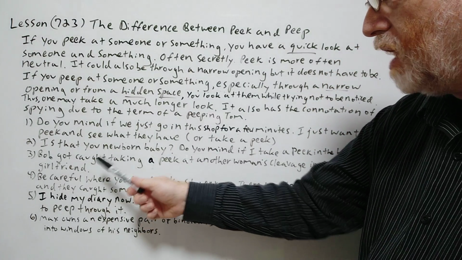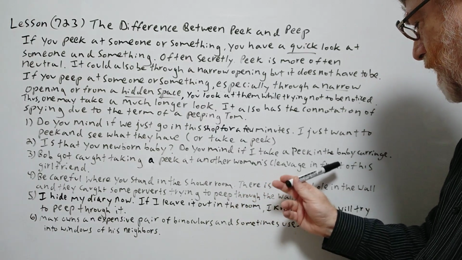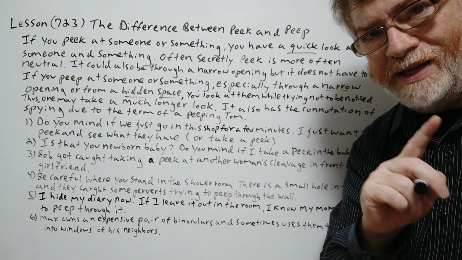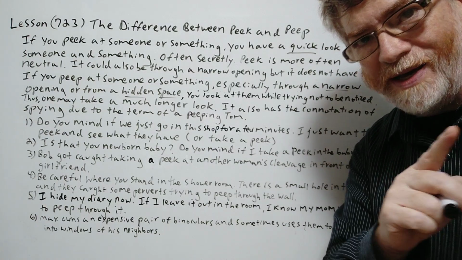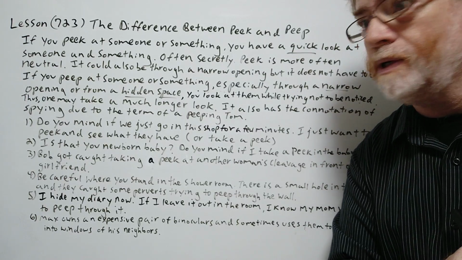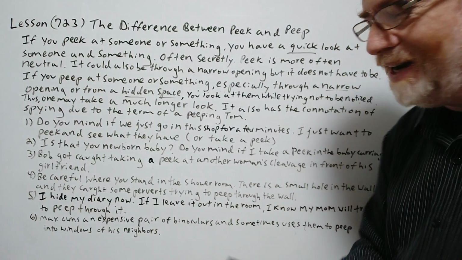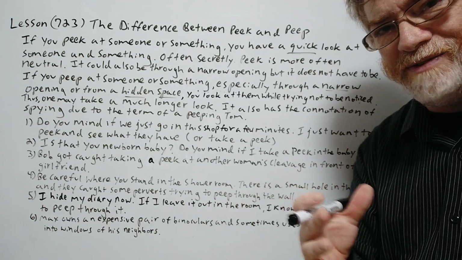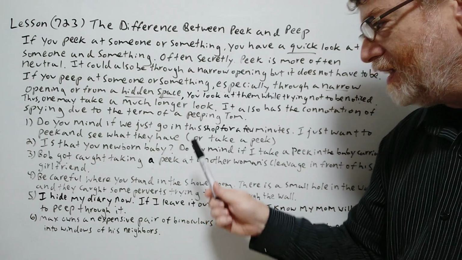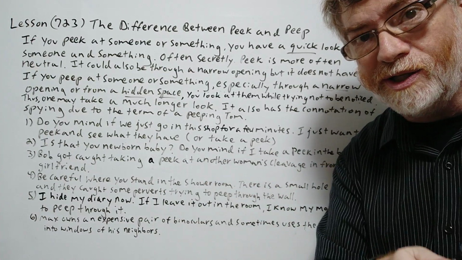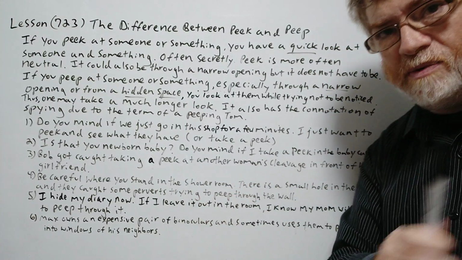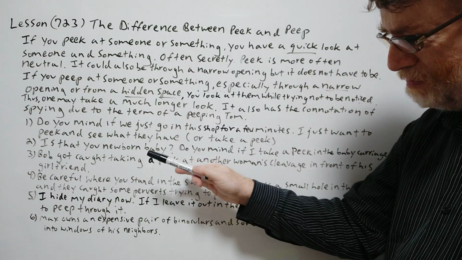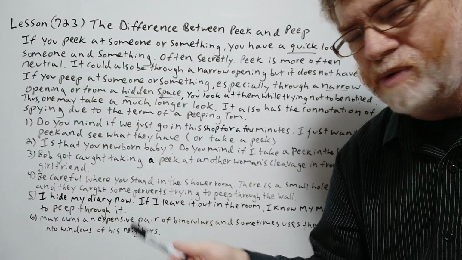Number 3: Bob got caught taking a peek at another woman's cleavage in front of his girlfriend. All right, now we could say peek because it's really fast, quick. Probably he doesn't want to be noticed. He doesn't want to look quick, like that. Maybe he got caught anyway. Maybe you might use peep if you want to say that he was trying to hide it, but really, it is in the open, and he got caught too. It definitely would be done fast. So I think peek is a little more likely, but this is one where there possibly could be a little crossover, and somebody might use the word peep.